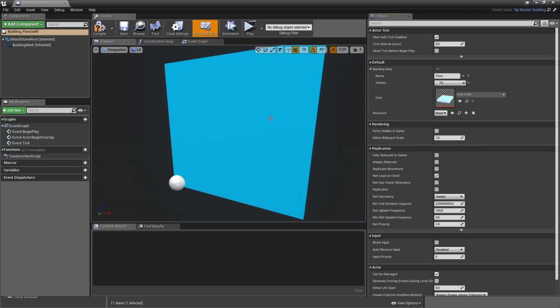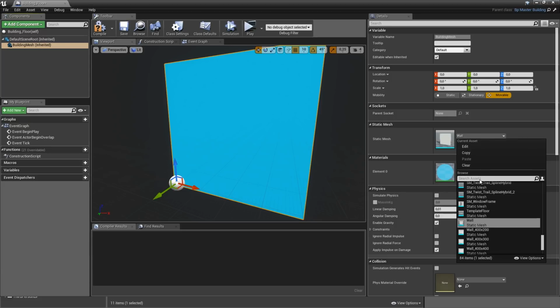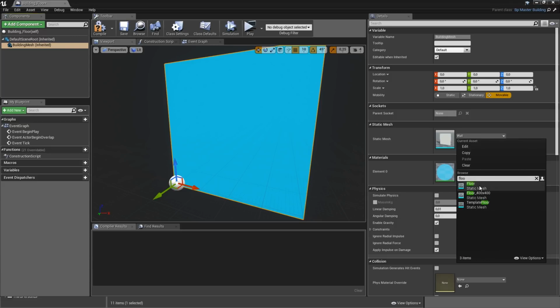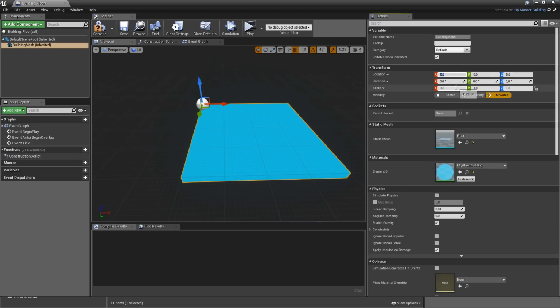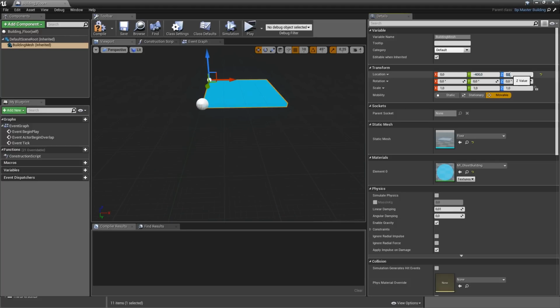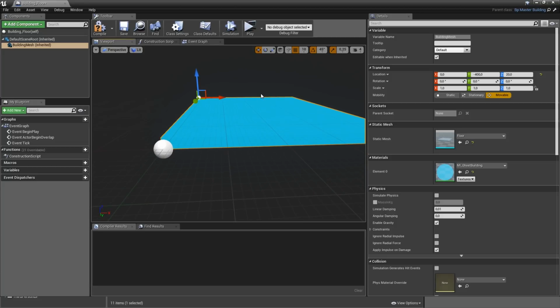Icon_floor. Then we also have to update our building mesh here. Currently that's also a wall. So under static mesh, let's look for floor. Select that. And you see that it's offset. So we can fix that by going to the location and entering -400 in Y and 20 in Z to make that line up perfectly to the walls and stairs later.